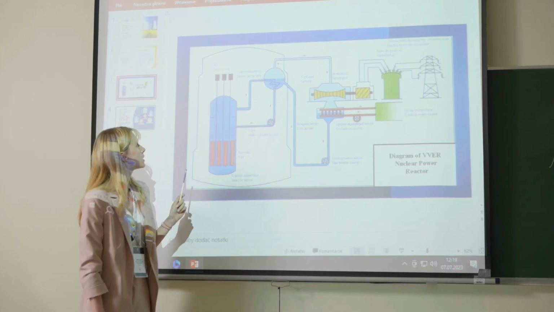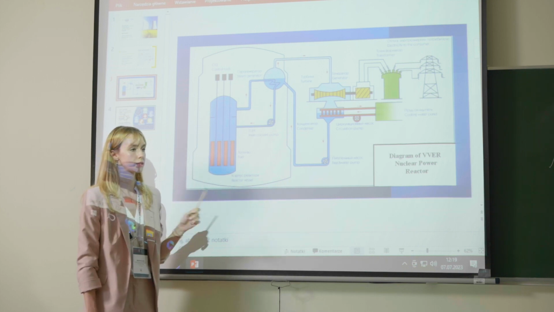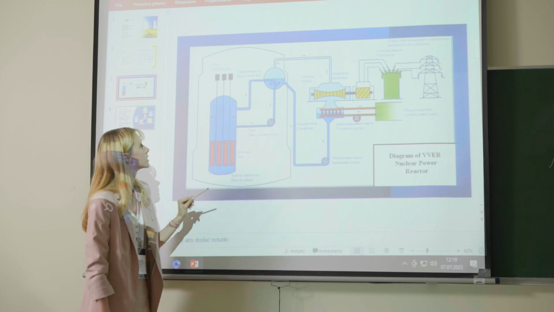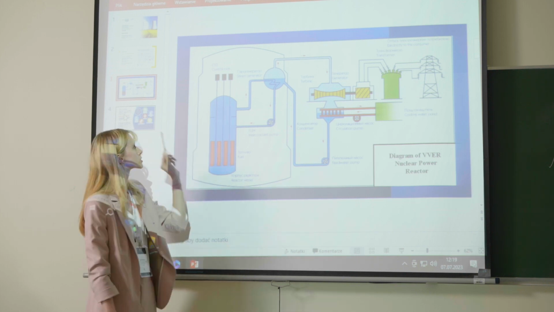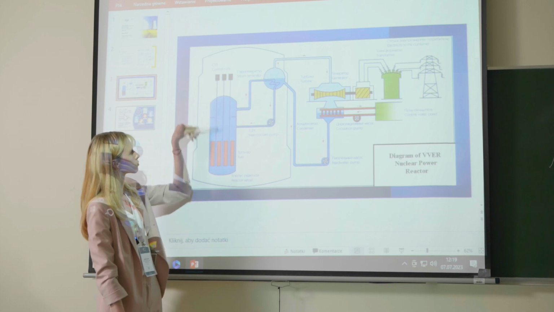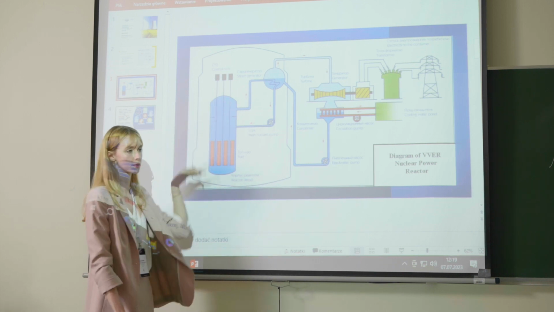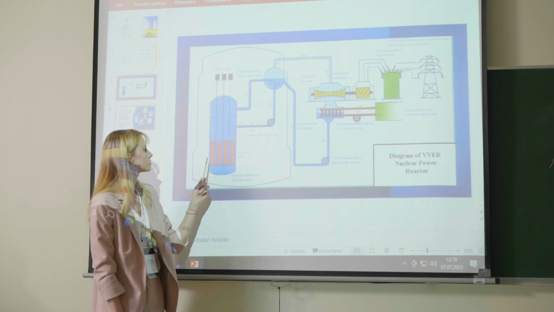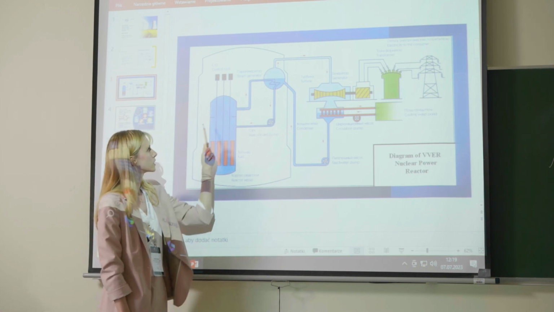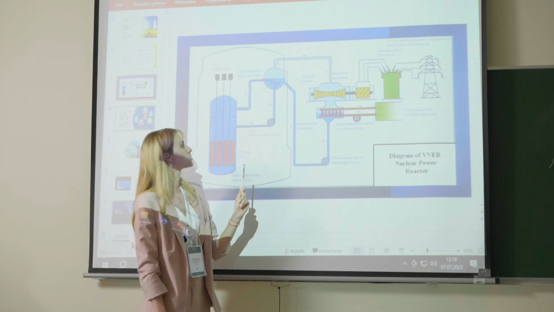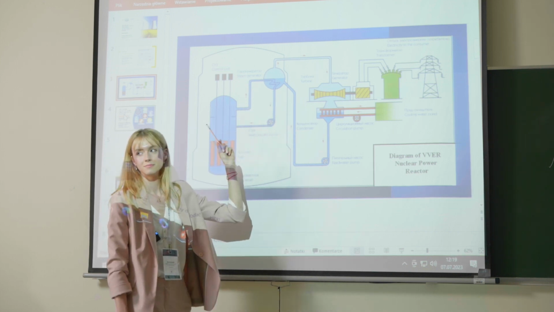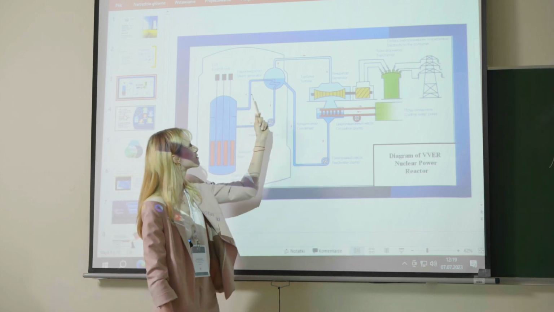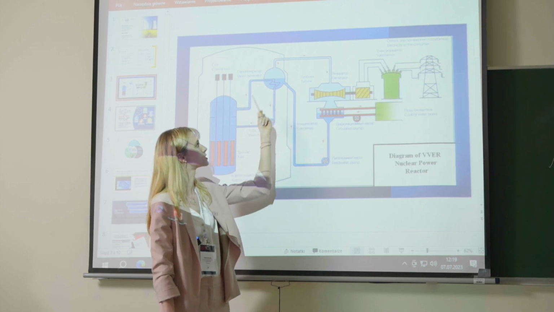The nuclear fuel is generating the heat, which boils the water in the first circuit. The fission reaction is controlled by the control rods. In case of emergency, they just simply fall. So the water is heated by the nuclear reactor, by the nuclear fuel rods. It is then transferred to the steam generator. And here we have the combination with the second circuit.